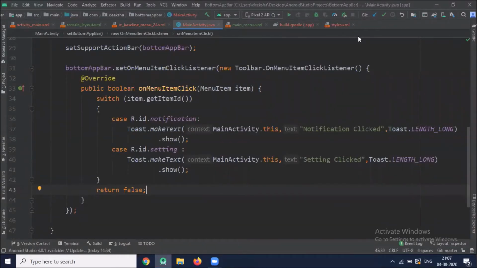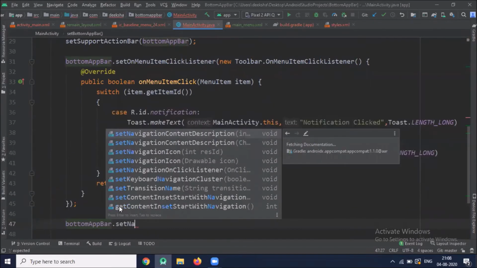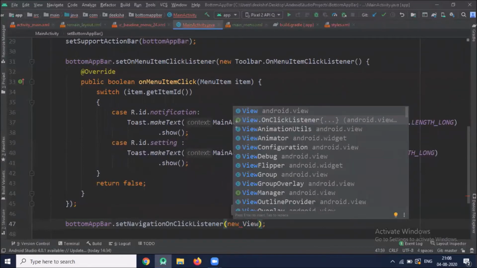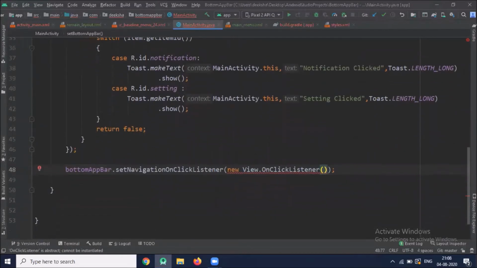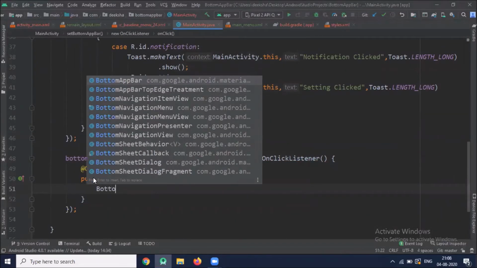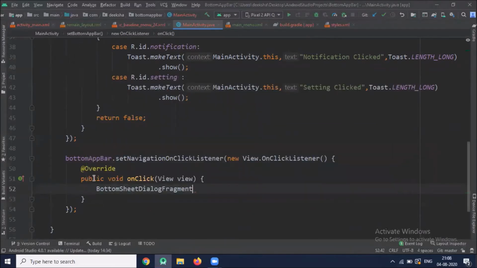Now we will work on bottom navigation view by using bottom sheet. So here we open the bottom sheet. Here we use bottom sheet dialog fragment.